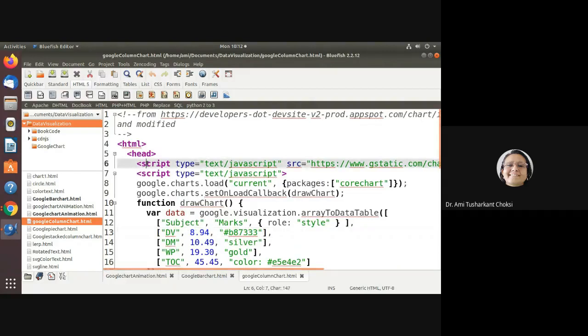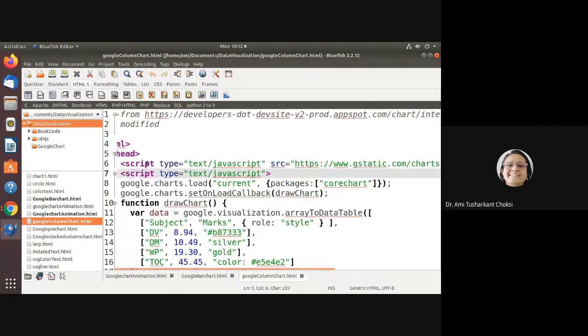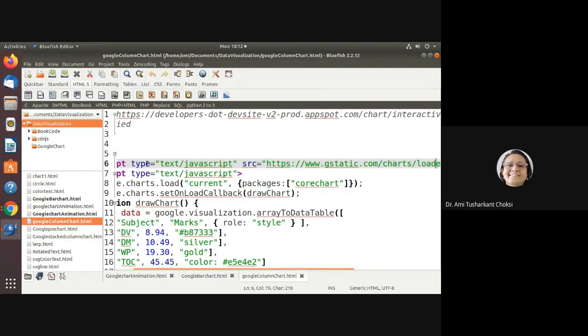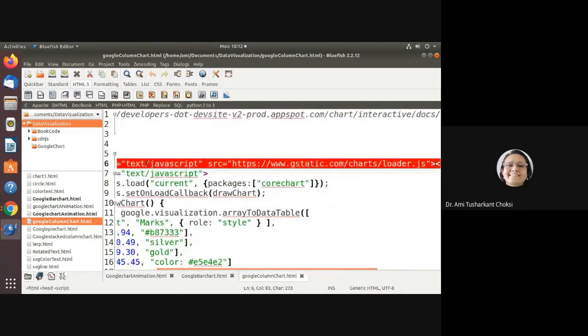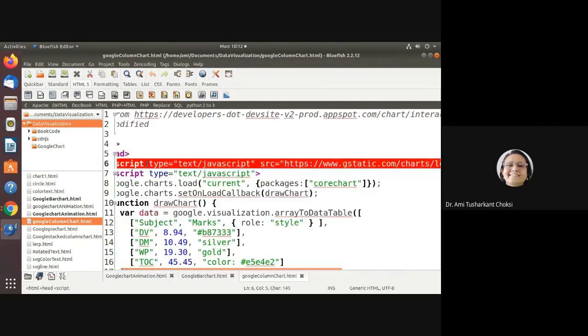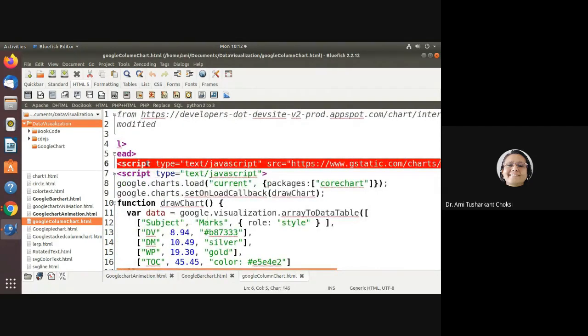Here, first of all, we are loading the loader.js, using gstatic.com/charts/loader.js, right? This loads the Google Chart API, right? Okay.